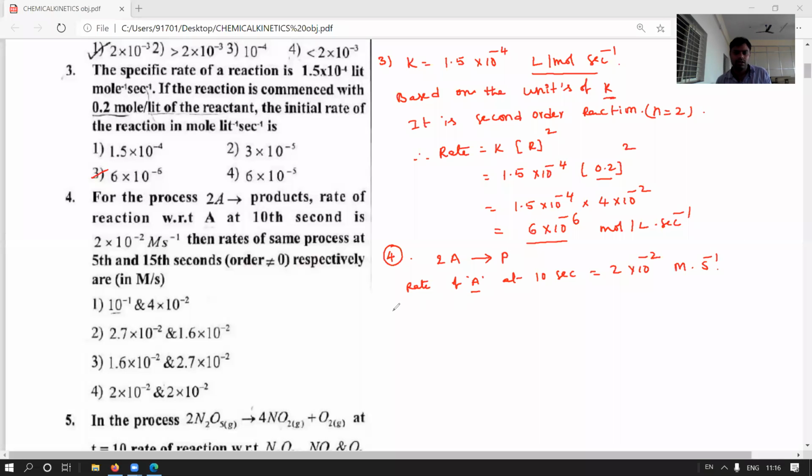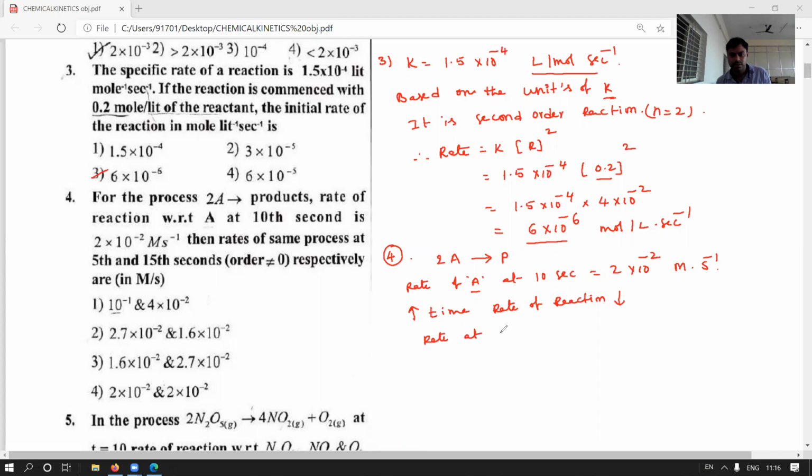Now already we know that with increasing time, the rate of reaction decreases. So now the rate